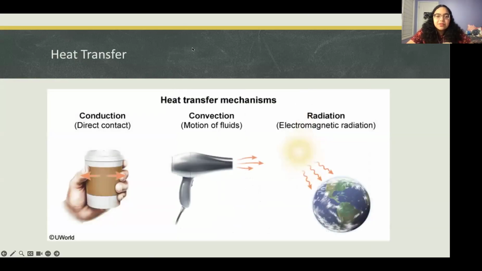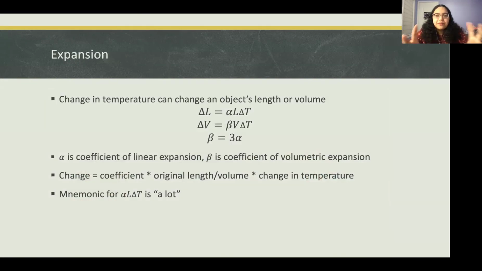In terms of heat transfer, there are three main ways. There's conduction, direct contact, or if you're thinking wires and stuff. Convection, the motion of fluids. So if you're thinking a convection oven, or you're heating something up on the stove and that heat is rotating around in your pot of water. And then there's radiation, like the sun's heat or electromagnetic radiation. Fluid also, by the way, is a gas or a liquid. I think some people think of only liquids with fluids, but it could be either. Anything that flows.